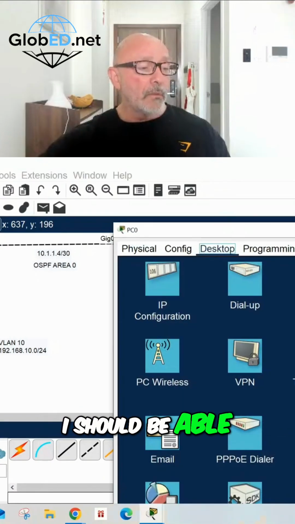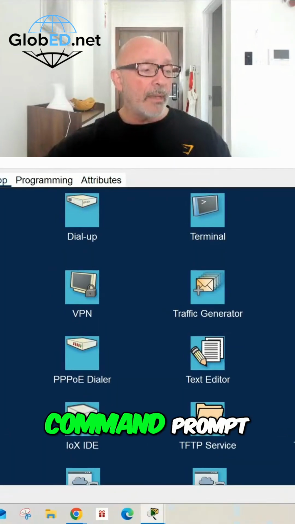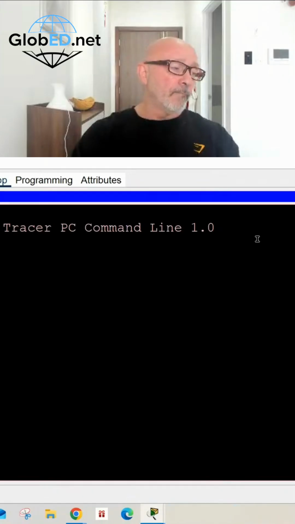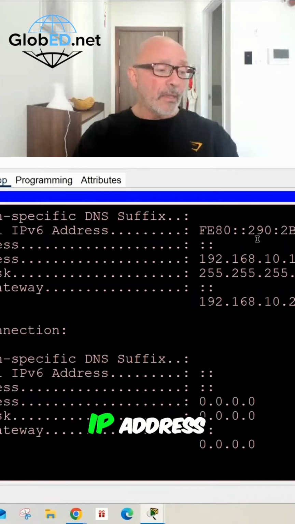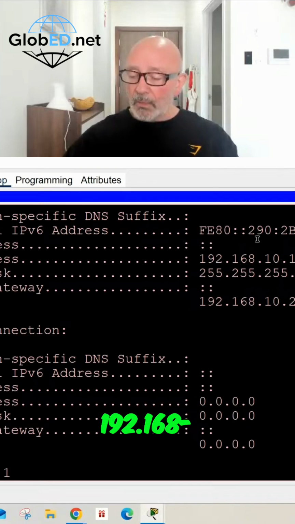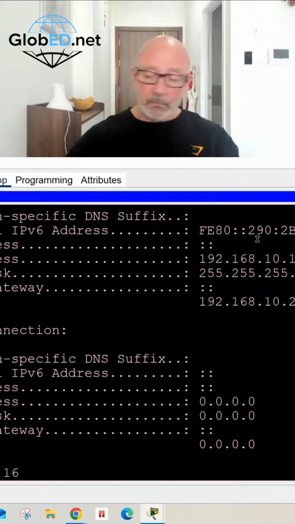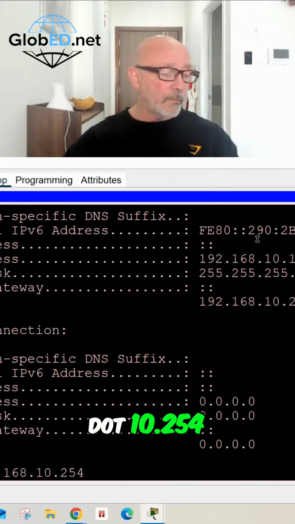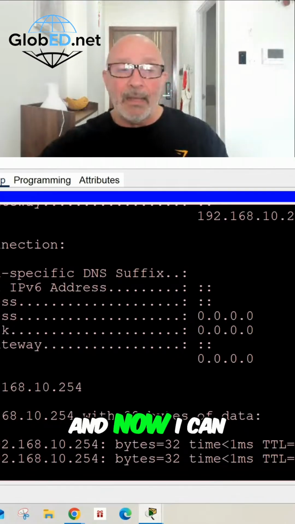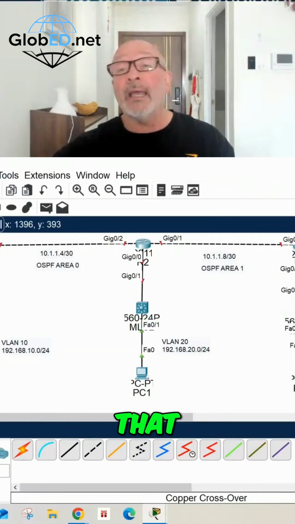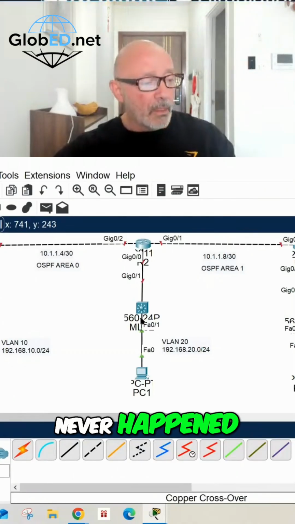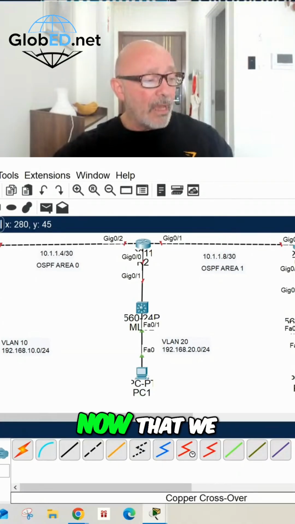I should be able to go to my command prompt, do an ipconfig, and then there's my IP address, there's my gateway, 192.168.10.254. Boom. And now I can ping. If I would not have trunked that, that would have never happened. So let's do it now. Now that we have that,